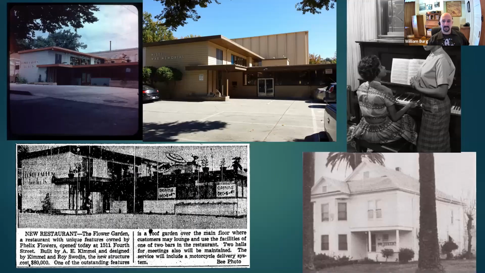Other recent properties include one that was listed in the National Register and was going to go to the Preservation Commission, but the commission meeting was canceled. It is the Flower Garden restaurant, which was built by an African-American restaurateur and is currently in use as the Nisei War Memorial, for the Japanese-American veterans of World War II. They purchased this building back in the 50s, and it's one of the only buildings remaining from Sacramento's Japantown. So it has both an African-American and Japanese-American historic context and a mid-century architectural design.